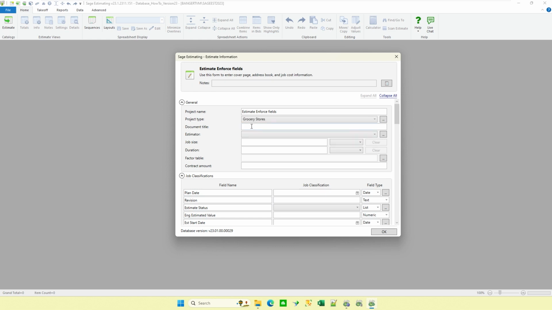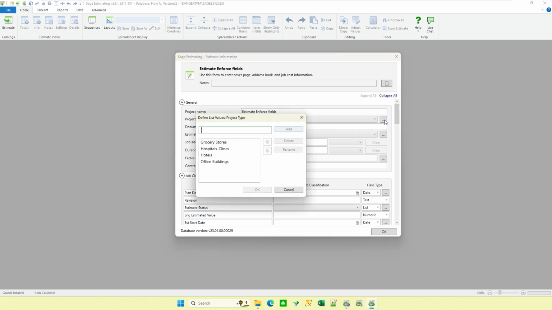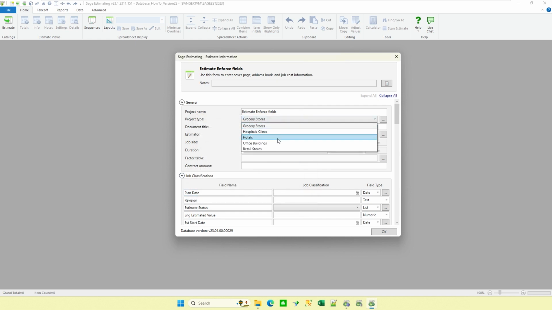This one's maybe a grocery store, so I could just pick it. Maybe I need to go through and say that I need to add another one. So maybe I'm looking at that list and I say, well, I've got a retail store here that I want to basically start tracking. So there again, once I get it added, there in my retail stores.